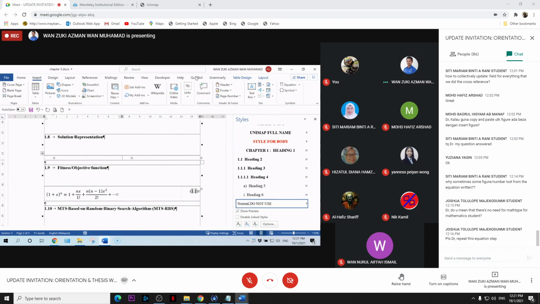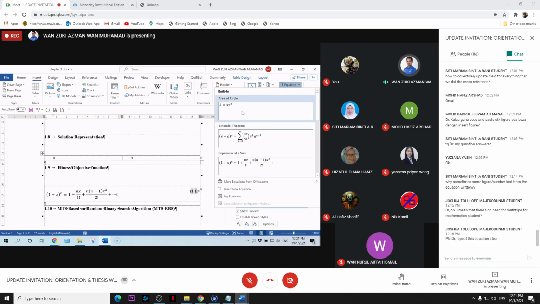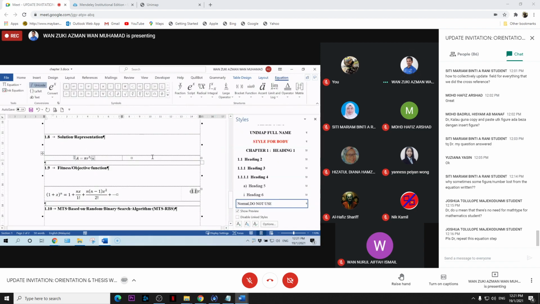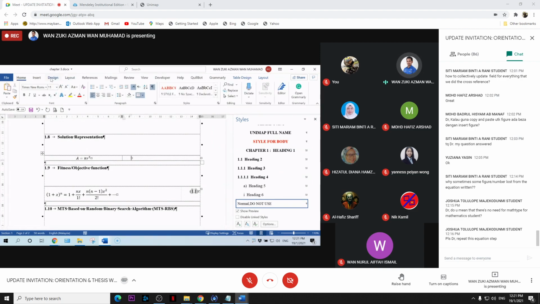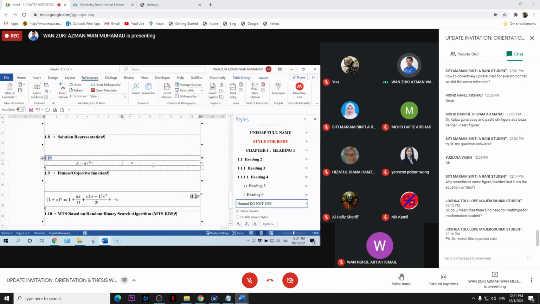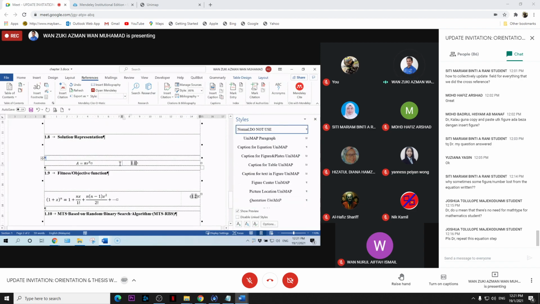So insert, select equation here, and type your equation. Then in the second column you go to References, Insert Caption, select equation, but you need to exclude the label, then click OK. Then you copy this and put it in the second column.